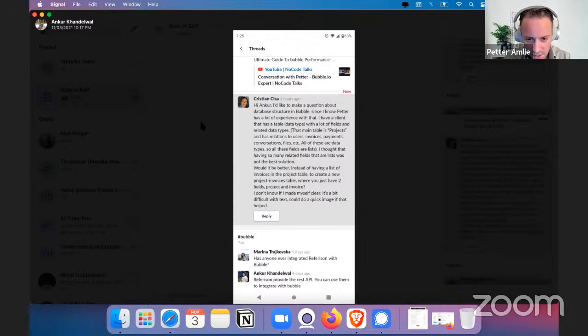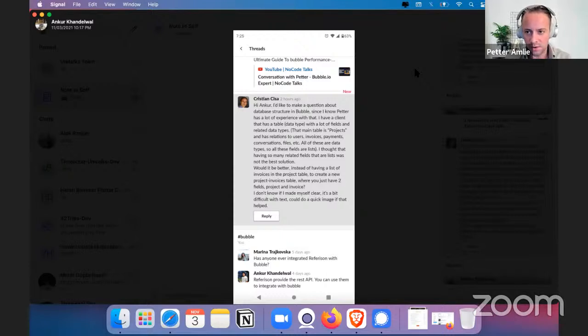Yes, you are making yourself clear, I think. So the question is here to set up a new, when you say table, I assume you mean data type, which contains both of these and kind of linking them together. And yes, that is sometimes necessary. It's a perfectly fine solution.